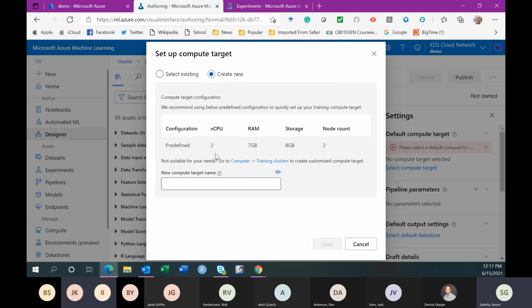It's 2 vCPUs, 7 gigabytes of RAM, 8 gigabytes of storage, and so on. Those are basically the minimum requirements for any data science operation. I can call this demo compute and save that.